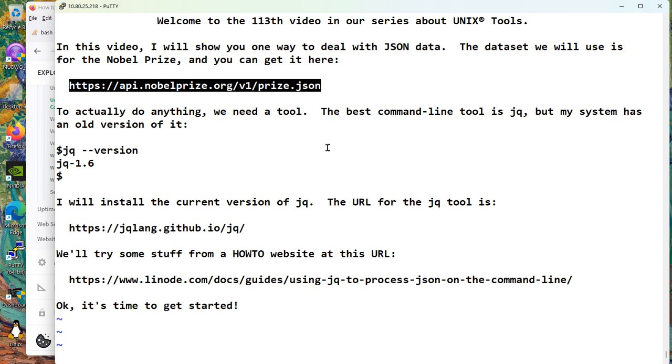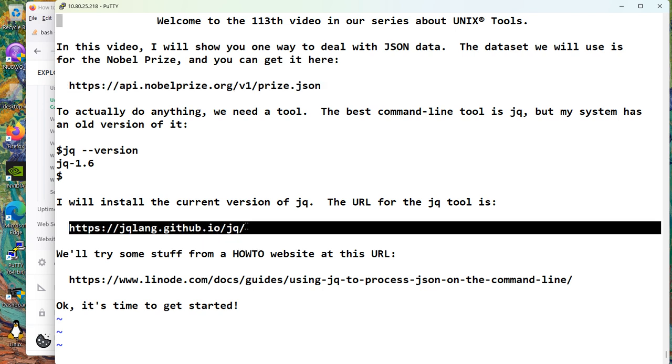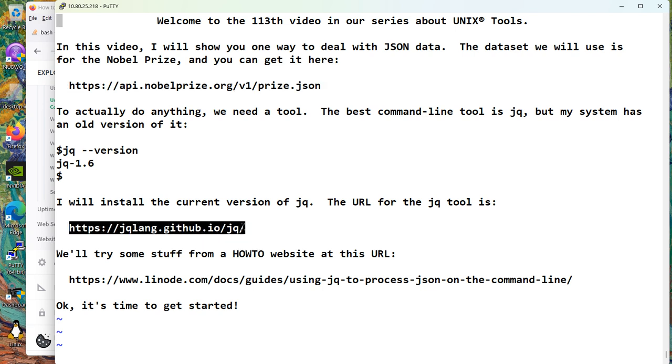To actually do anything with that data, we need a tool. The best command line tool, dedicated tool, is jq. But right now, my system has an old version of it. It's got jq 1.6. And if I actually go to the jq website here and check things out,